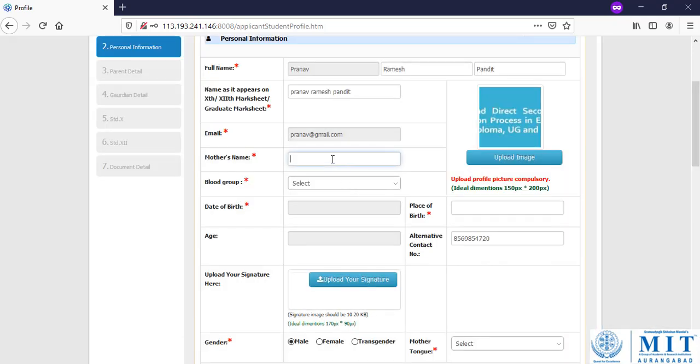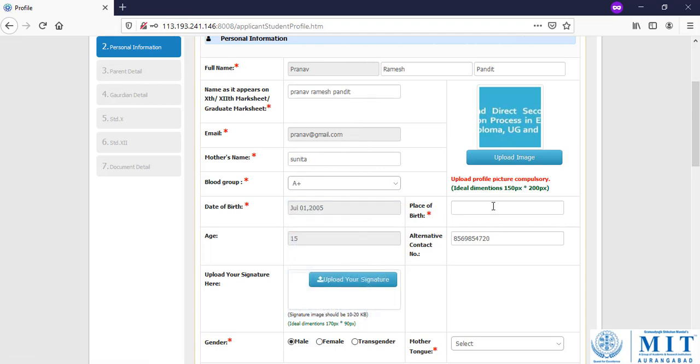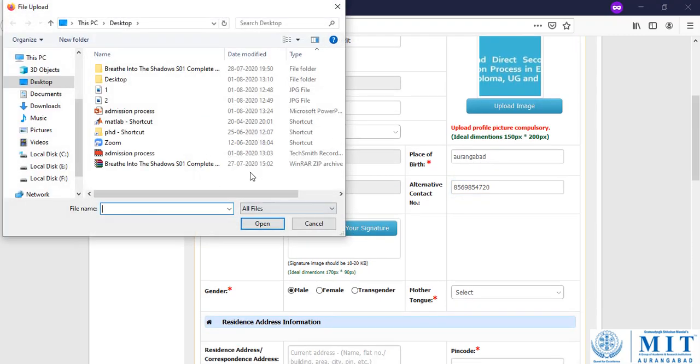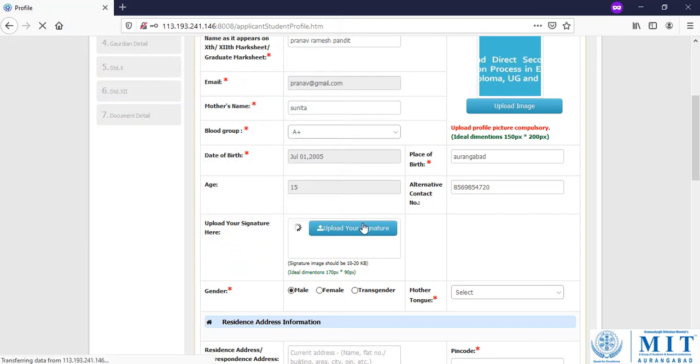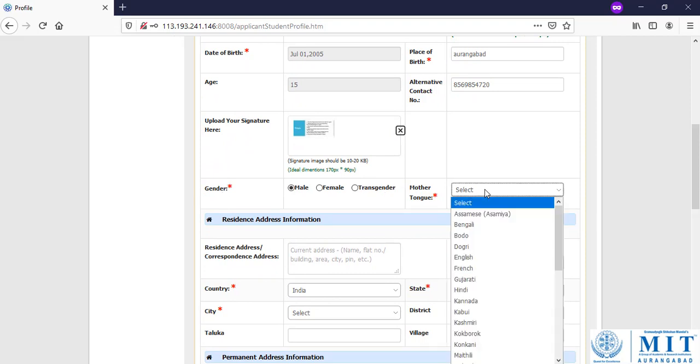Okay. Then mother name. Date of birth. Place of birth. Age will automatically be there. Then upload the signature. Okay, gender, mother tongue.